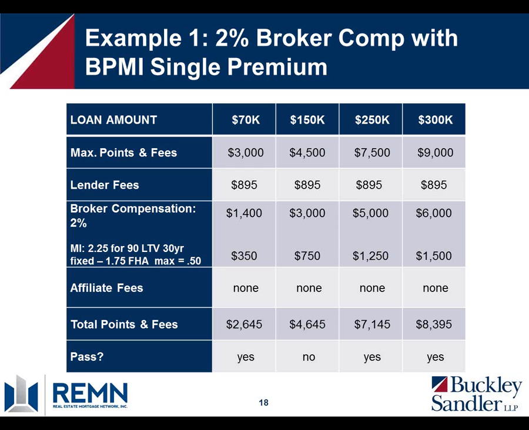So we're going to talk in a minute about what you do if it goes over and what you can do to avoid that situation. But this is just an example of how it works. Obviously, the higher you go up the loan amount, the easier it is to stay under points and fees, and that's why, not to make predictions, because who can say what the regulators will do in the future, it's in this $100,000 to $200,000 range where the 3% points and fees could really crimp access to credit, potentially,